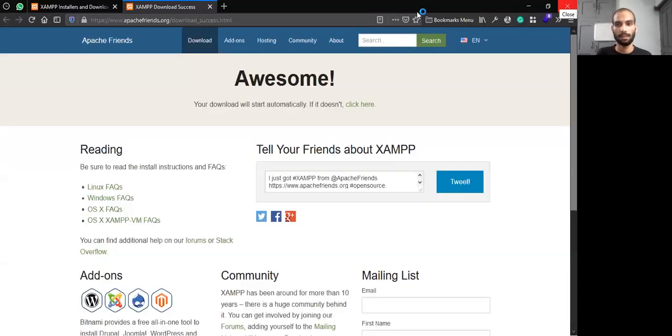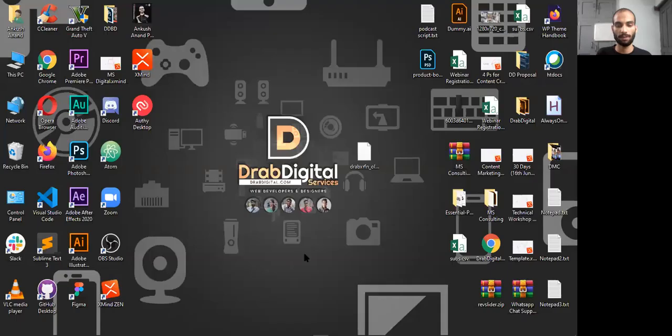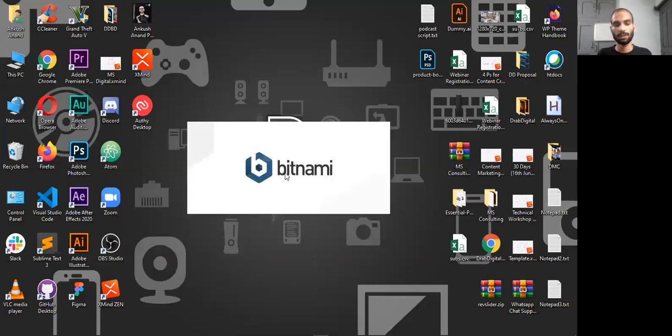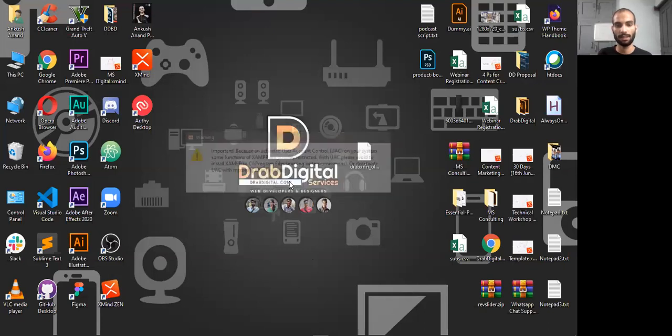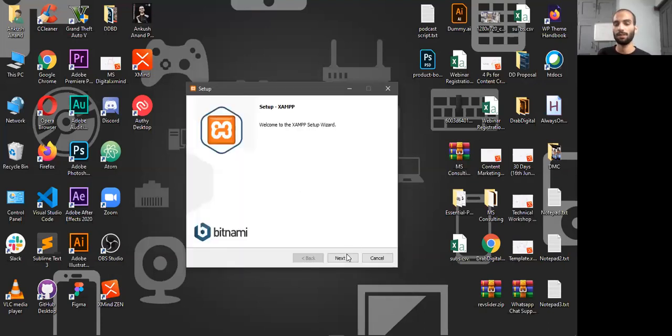Let me just show you how it will appear. So this is a software by Bitnami. It will show you this kind of error, so don't worry about it. It has some issue, but it will not cause any major issue to the setup.